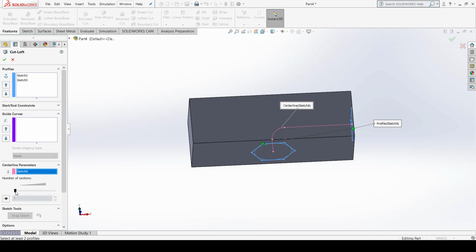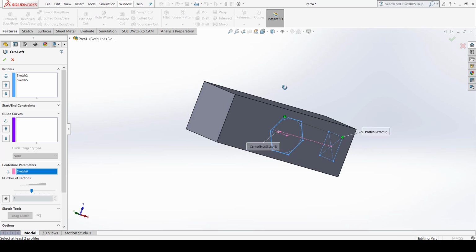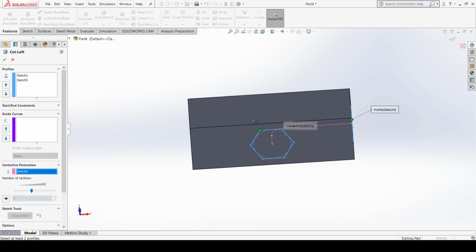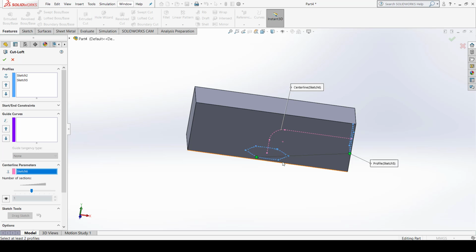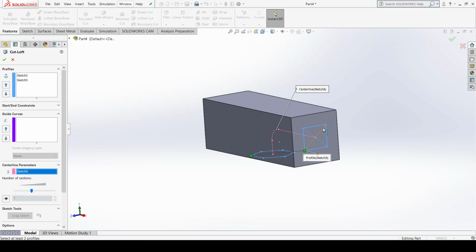you can see I am not able to see the yellowish portion here. Why? Because maybe this diameter is much bigger as compared to the centerline parameter profile, and the length and width of this rectangle is also much bigger as compared to it.